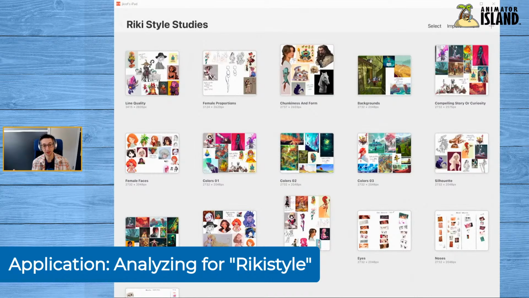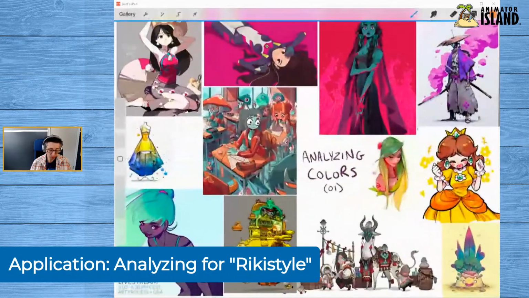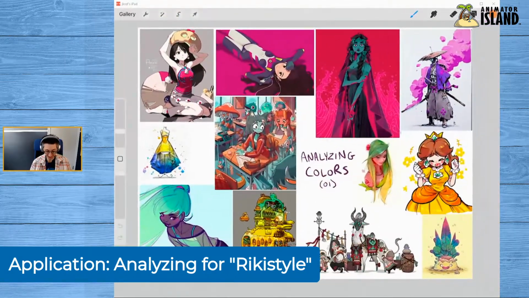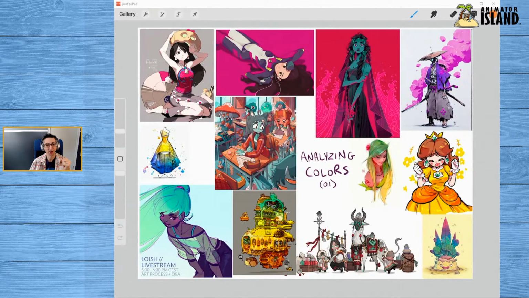So there's a lot of things to analyze when it comes to color. And this is just the first 3, because honestly, I can fill another probably 10, if not more, with pieces that I found that have colors that I love and I would want to analyze. I've just started with 3. We're only going to tackle colors 1 today. So we're only going to dive into this first one today, and we're going to either talk about the other ones another time, or I will just do those on my own.